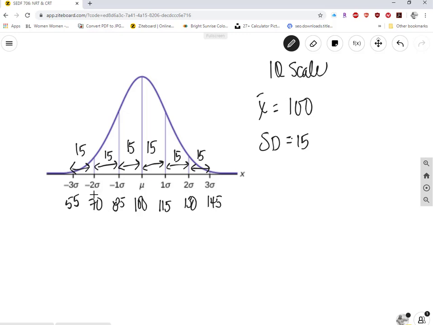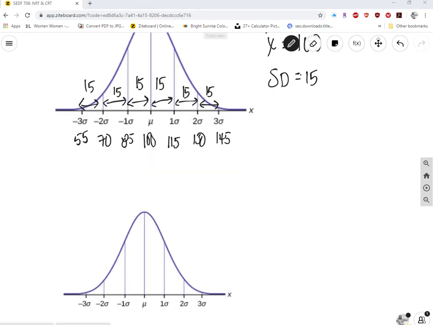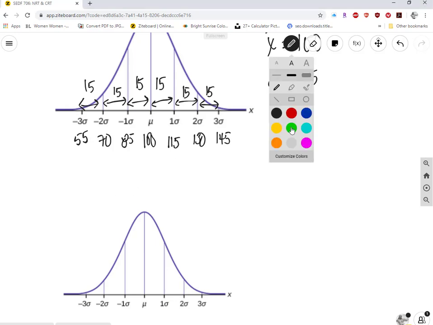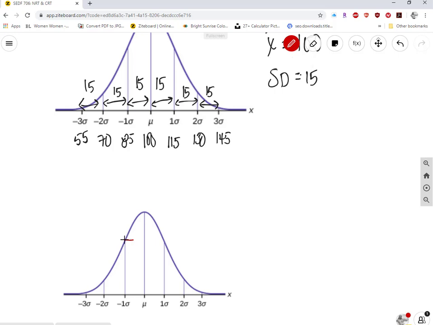Okay, awesome. So this is something we worked on with our last lecture, and I just want to put this up as a quick review. When we have a normal distribution, there are proportions that always exist within the normal distribution. So for example, and I'm going to go ahead and make this in red, if I look at this distance